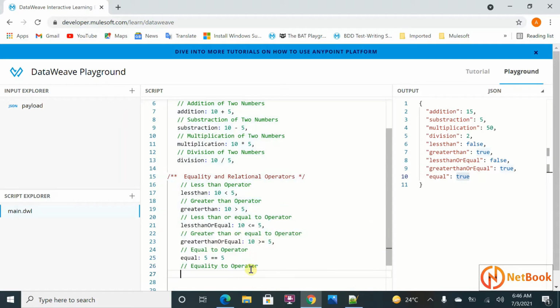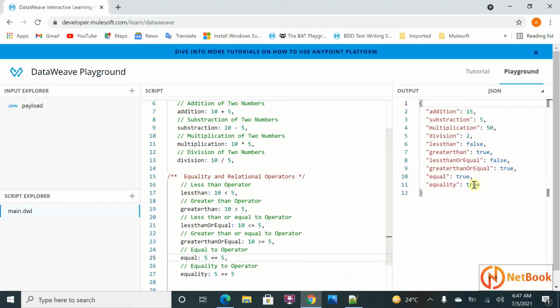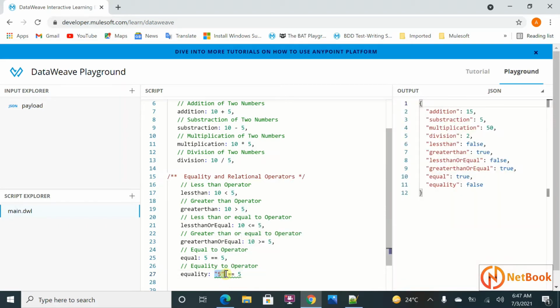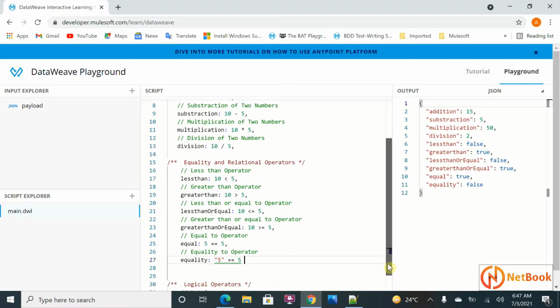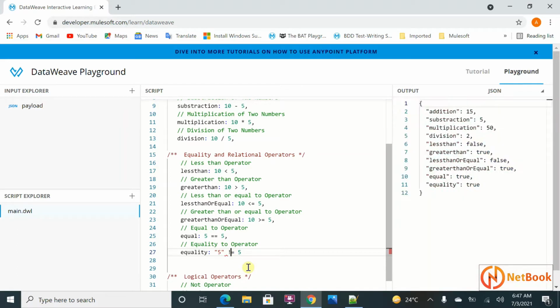Next thing over here, the equality operator. Equal and equality are kind of similar, but not exactly the same. 5 equals 5, is that going to return true or false? It is going to return true. But if I put it as a string, because I put it within quotation marks, that is going to be a string, right? So now there is something wrong over here. You can see it's not equal. So the equality operator will use this symbol. Now 5, this is a string and this is a number. When you compare them, it's going to return true.